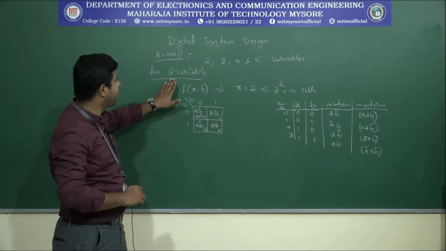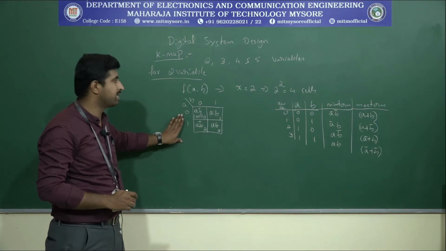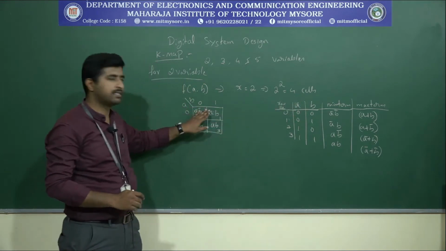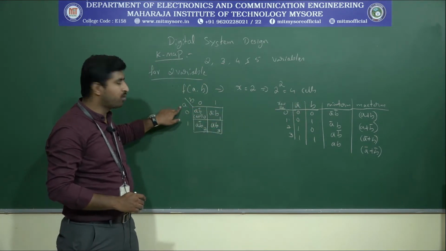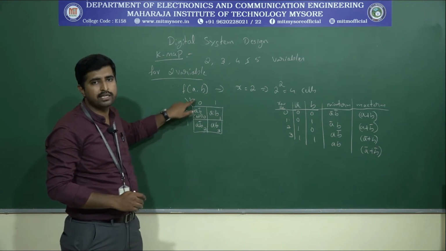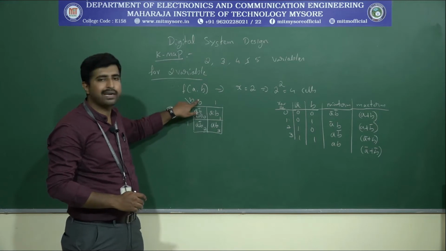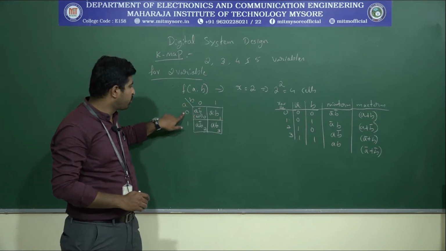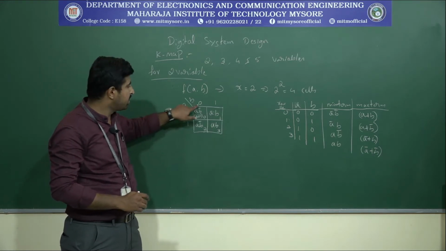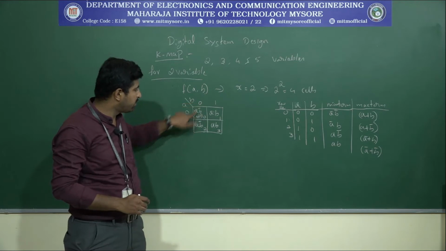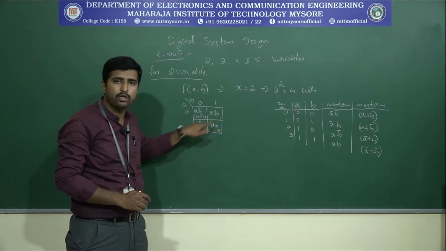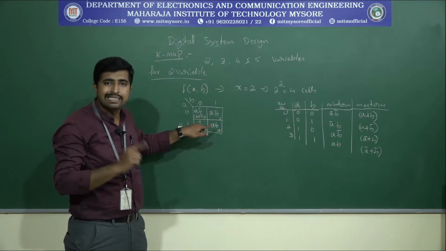Okay, a two variable K map will look like this. A two variable K map is going to have 4 cells, and these are the 4 cells. How can we write it? Here we are going to write one variable, and another variable will be written here. So A and B are the two literals or two variables we are going to write here. A can take a 0 or 1, so these are the row values. Keep in mind that within the matrix, what you have written will be the cell values 0 1 2 3, the decimal values corresponding to the cell numbers.